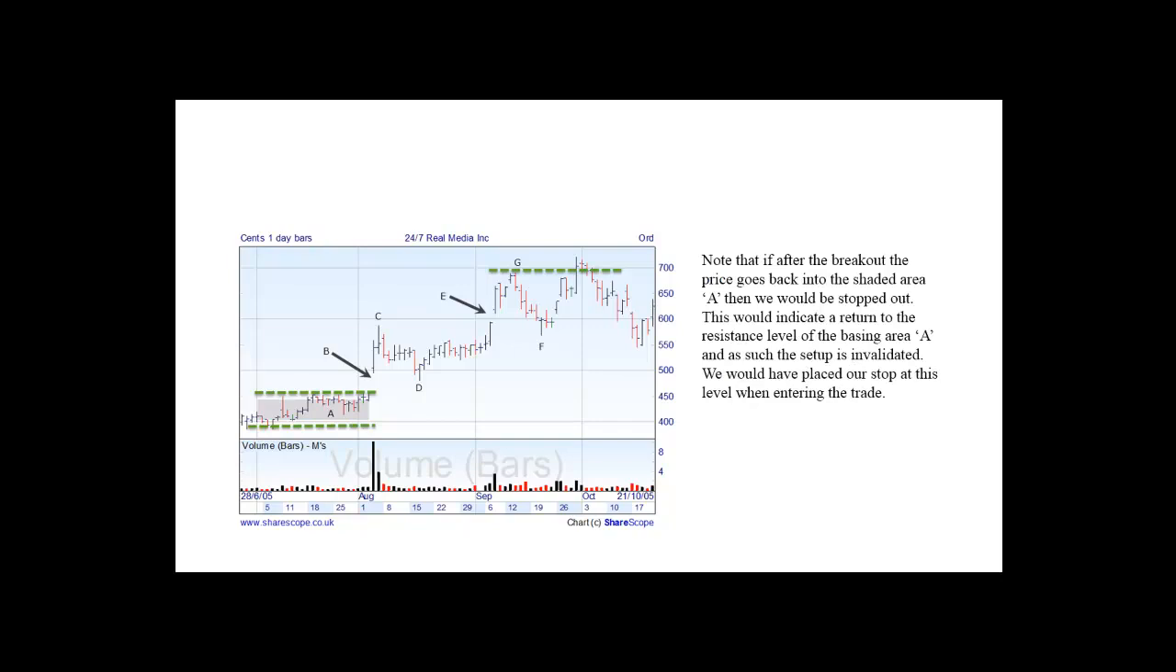Note that if after the breakout the price goes back into the shaded area, then we would be stopped out. That's our stop loss. This would indicate a return to the resistance level of the basing area A, and as such the setup is invalidated. We would have placed our stop at this level when entering the trade. Okay, so